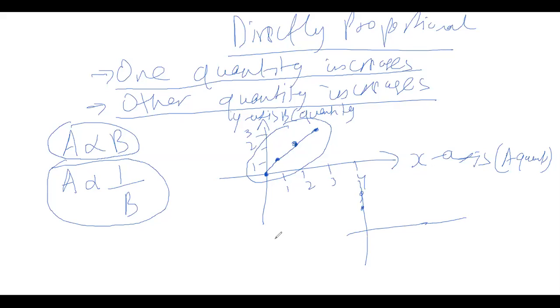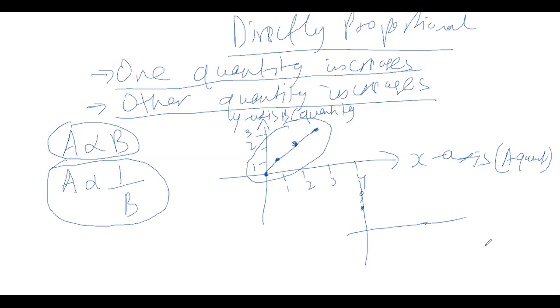Can you repeat? The thing that is directly proportional is when one quantity increases and the other increases by the same amount. Then we specifically use the word directly proportional. If this is not the case, then we only say quantity A is increasing, and with respect to that quantity B is also increasing, but we don't use the word directly proportional.